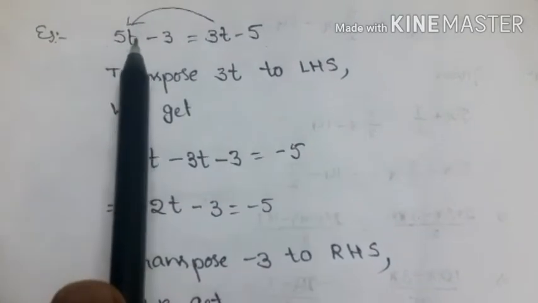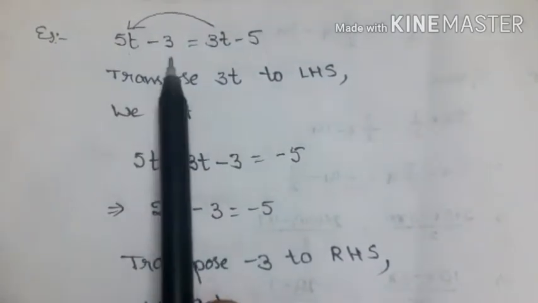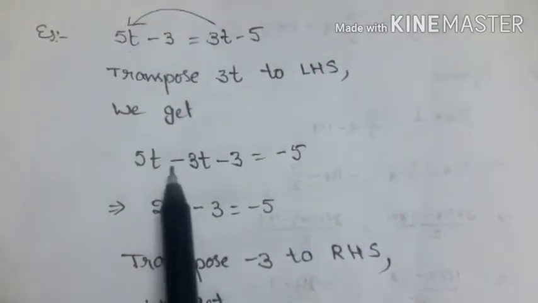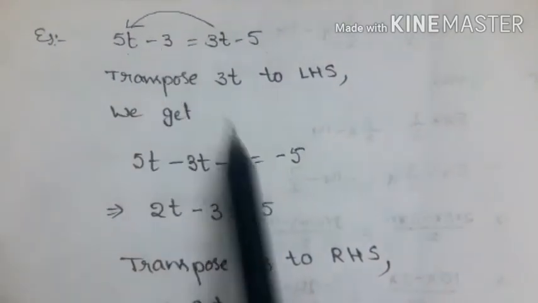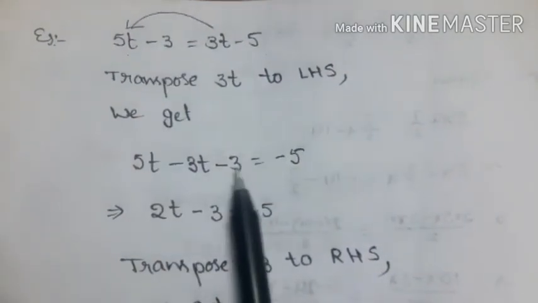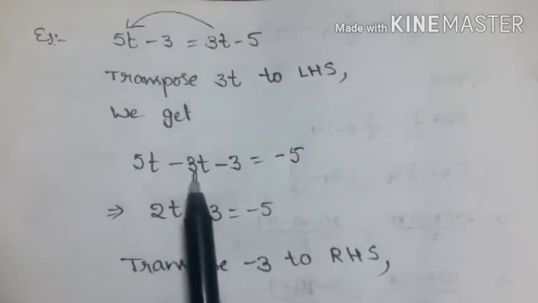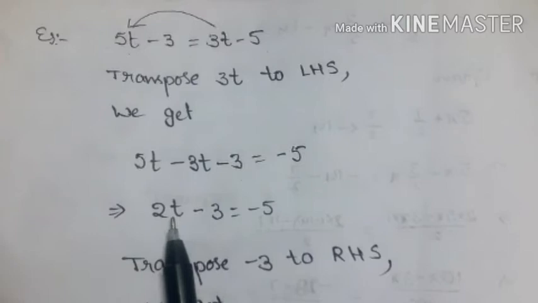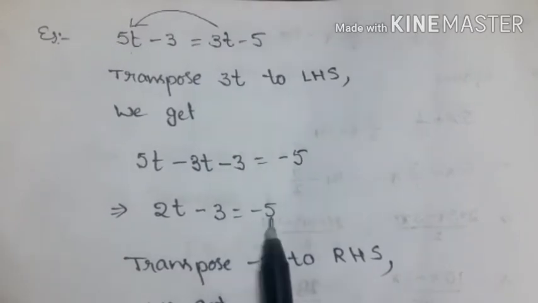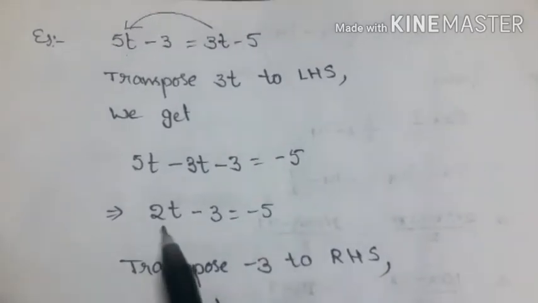Then we will get 5t minus... plus 3t becomes minus 3t. Already have minus 3. Okay, is equal to minus 5. Clear? Then 5t minus 3t means 2t. Minus 3 is equal to minus 5. Now we got